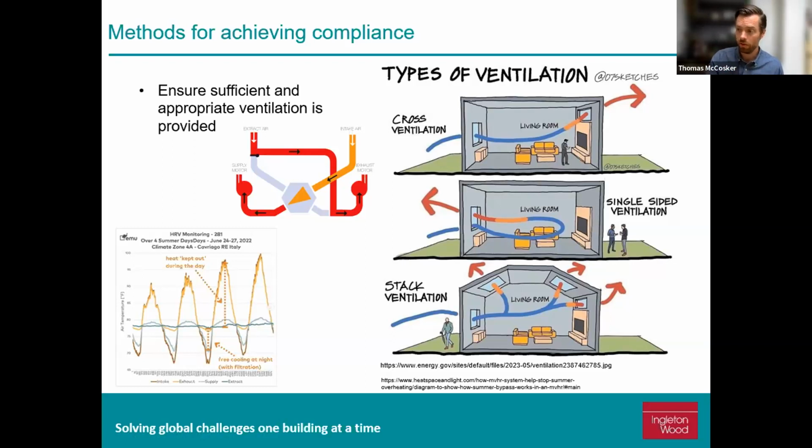So just as a note, on the left-hand side there, that graph is in Fahrenheit, so don't get too concerned. We're not at boiling point here with these temperatures in Italy. But also you see in the evenings, those dips in external temperature, those can really be brought in really easily with that summer bypass, which is represented here. So the air doesn't go through the heat exchanger, it goes around it. So you're able to bring in that cold nighttime air and supercharge your thermal mass, or just cool down your space so you're ready for another hot day the next morning.